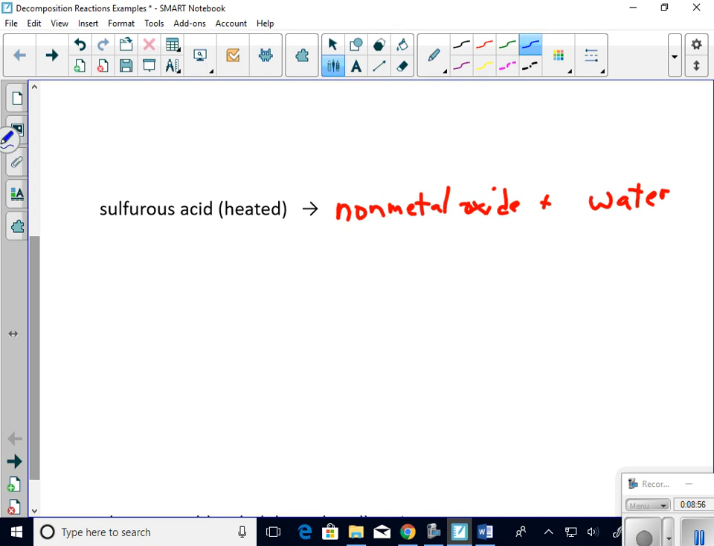So I look at this and I say, okay, sulfurous acid. That tells me I'm dealing with acid rule number 2. Acid rule number 2 tells me the base with the what ending? ITE. So I'm dealing with sulfite. What is sulfite? H2SO3. H2SO3 heated